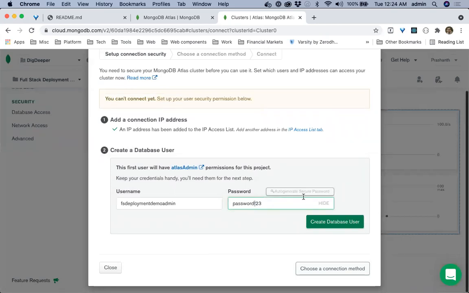But whenever you set this, you have to be a little careful. If you're using special characters, which is a good idea, when you connect to it, you will have to URL encode this. Just like it changes in the URL, these characters will be in URL encoded format when you connect to the database. So you have to be careful if you're giving special characters. You might be wondering why it's not connecting, even though I'm giving the password right. If so, you need to check this and encode these while connecting. Right now we are mentioning it like this, exclamation 23.